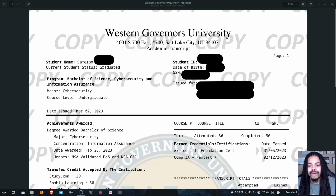So this is my official transcript, or at least a copy of it. I've obviously redacted some PII because it's not your business, but basically it's last name, ID, last 4 digits of your social security number, and your address. And then of course, I went for my Bachelor of Science in Cybersecurity and Information Assurance, majored in cybersecurity, and